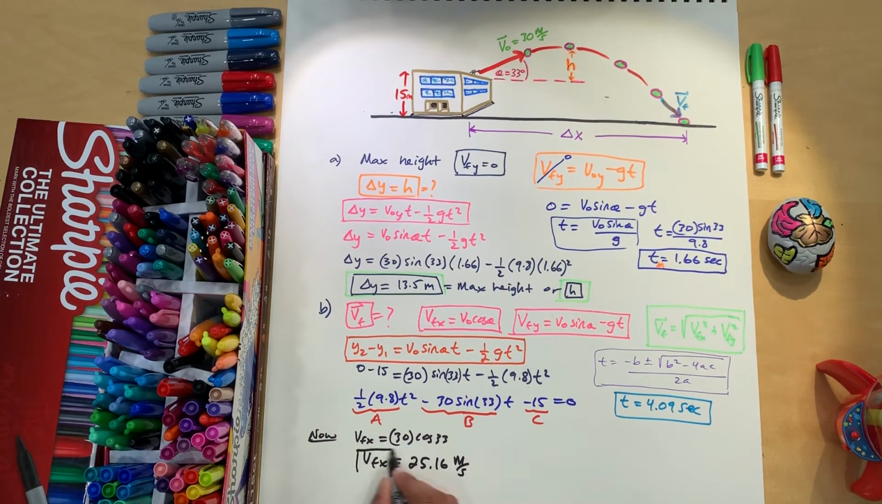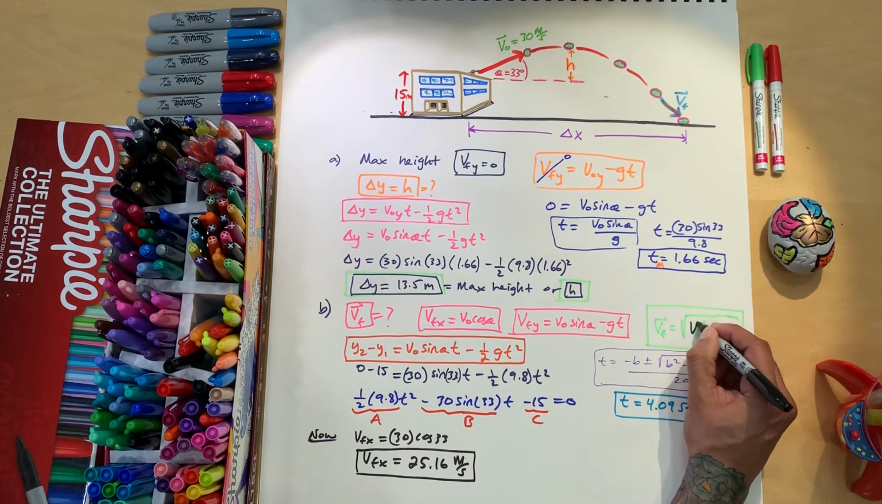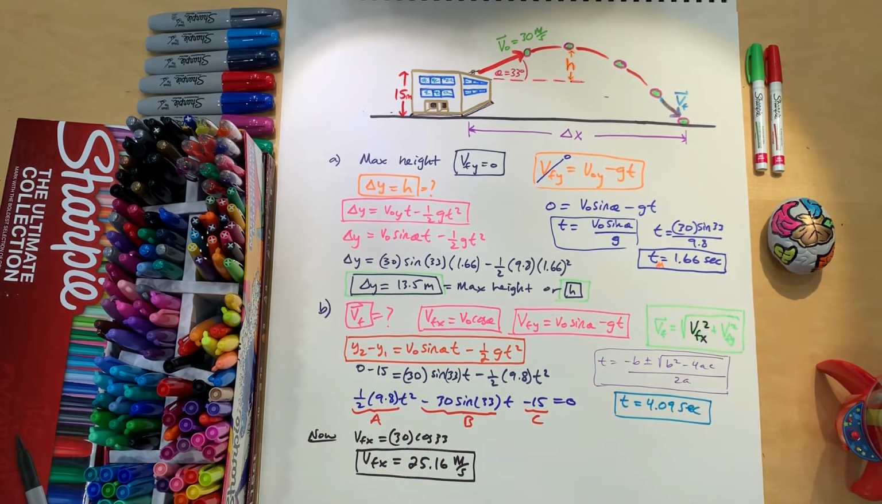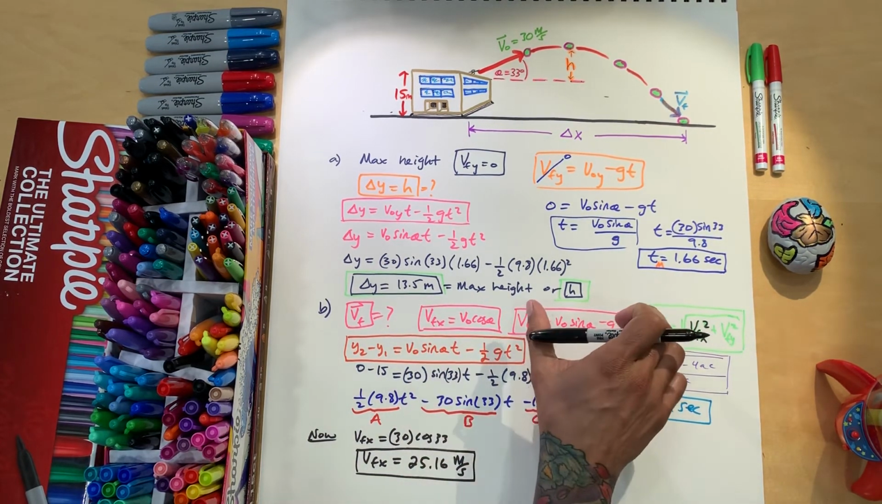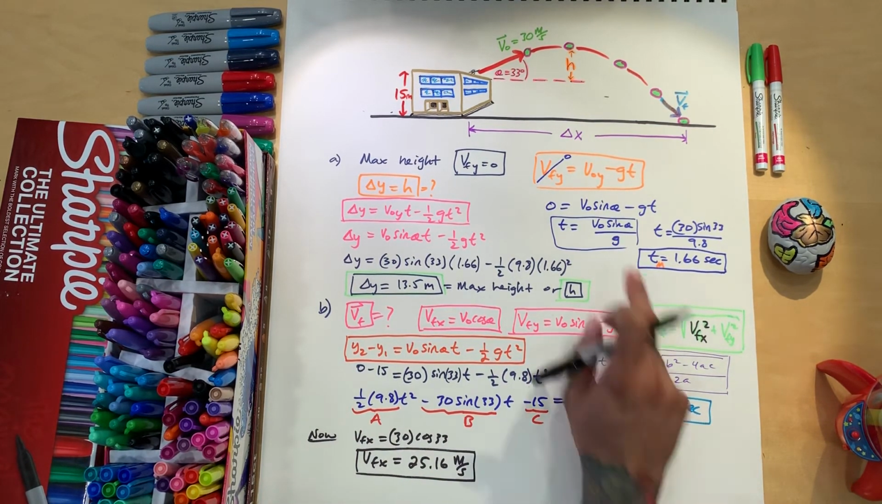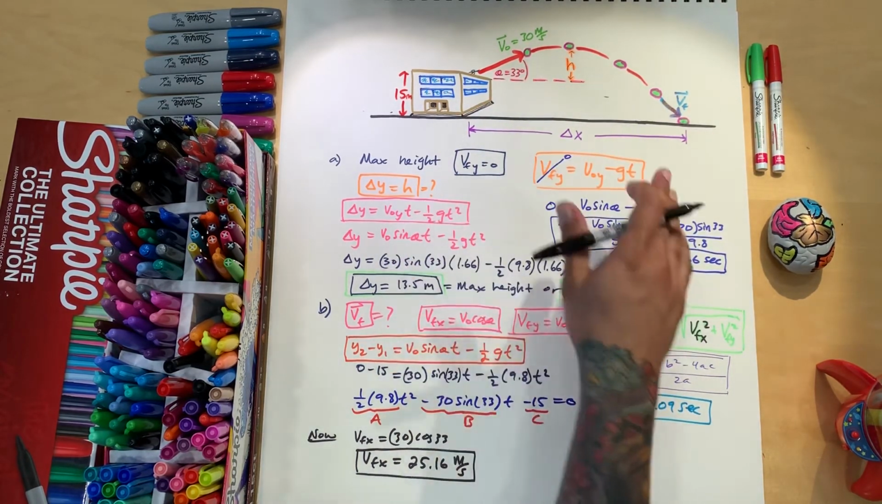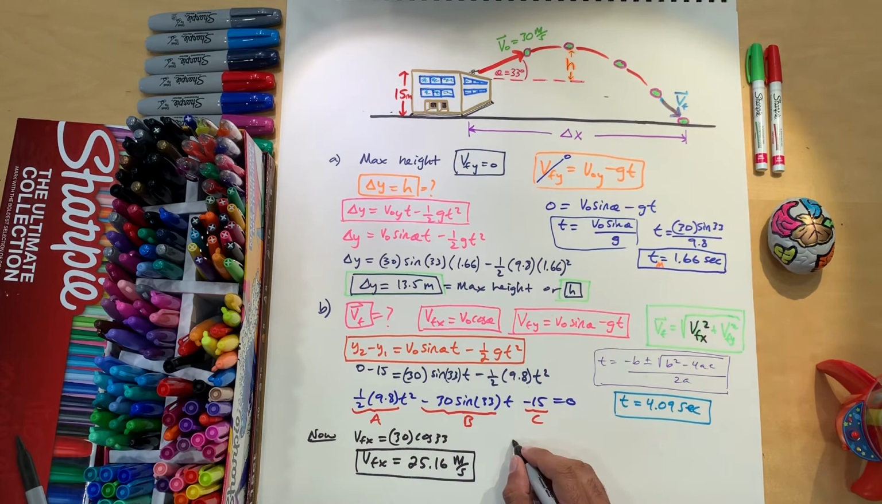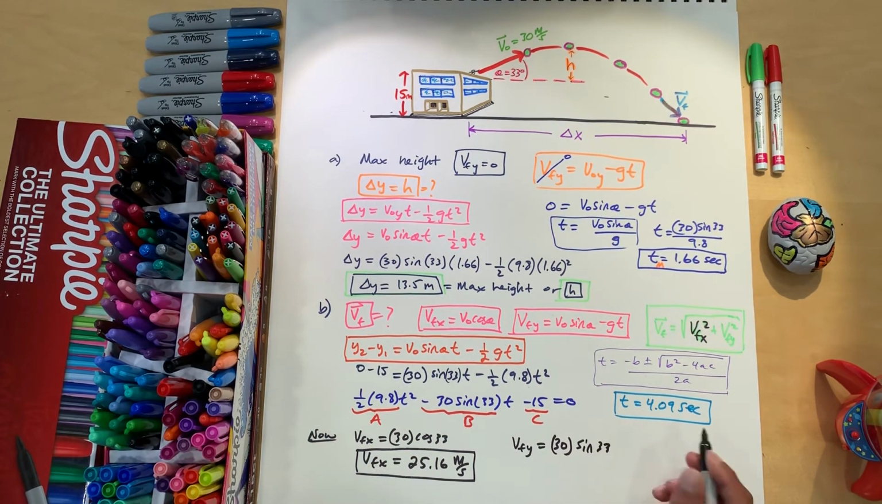That's in meters per second. We found one of them that we need. Okay. Now let's put this one here with the t value, the time value that we got for the whole time of the path. So now we got V final Y is equal to 30 sine of 33 minus 9.8, and the time now is 4.09. Okay, put that in the calculator,